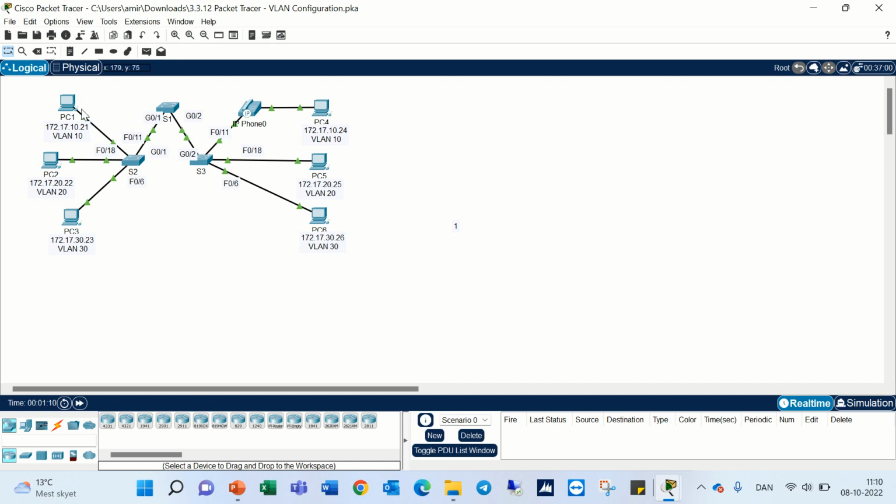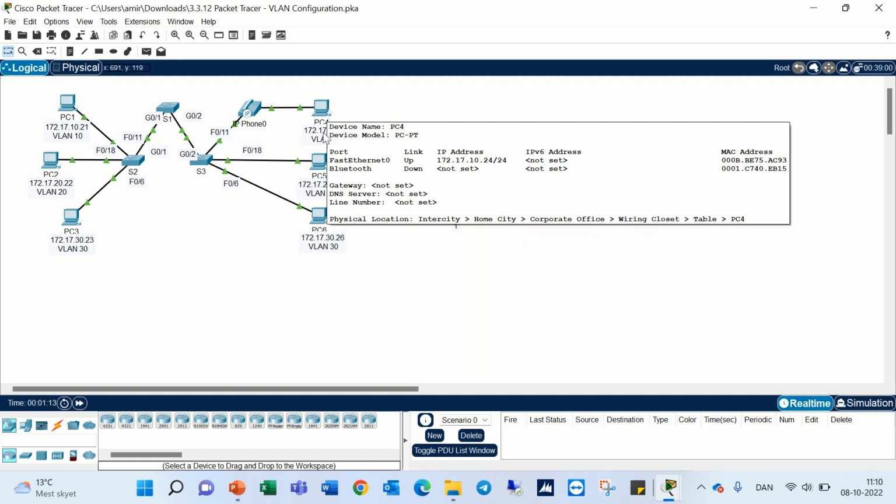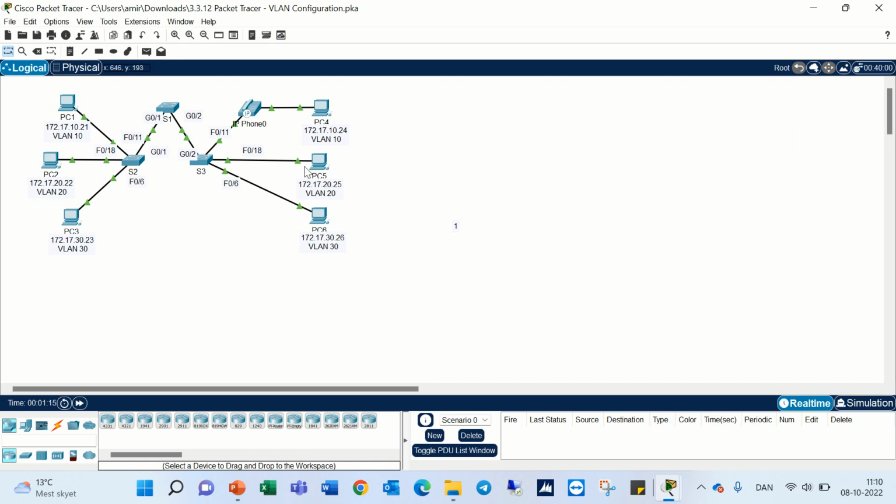In this situation, PC1 cannot ping PC4, and also PC2 cannot ping PC5, and PC3 cannot ping PC6. Also, they are in the same network. You can see the same subnet. In the same subnet, same network, but they cannot ping each other